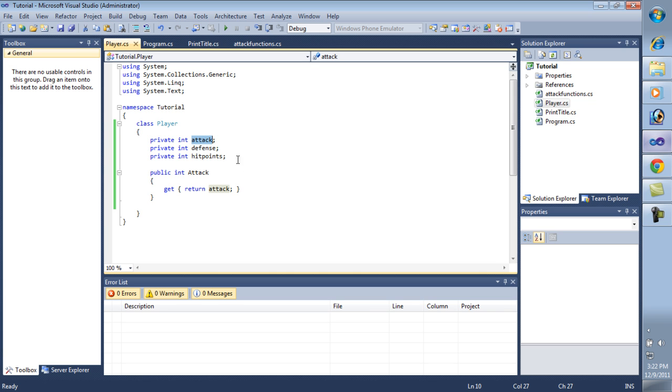So basically this guy right here is passing the information from this guy that's private. It's like these two guys are in a building together, and one is saying, okay, since you can't go outside, I'm going to go ahead and pass the information for you. Now, what happens if we need to change that attack? What happens if he gets injured and he loses one or whatever it is? Then we have the set method. And what we're going to do to set is say the lowercase attack equals value. And that is a predetermined